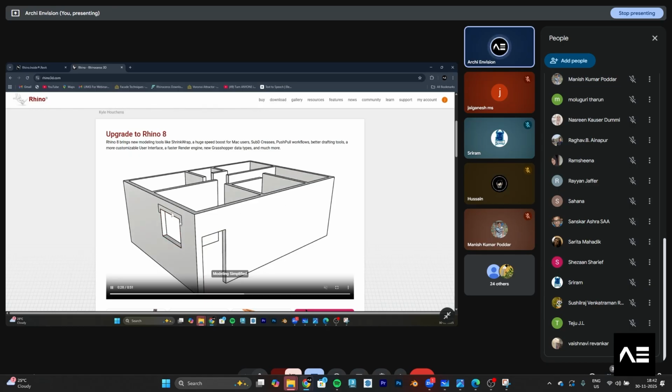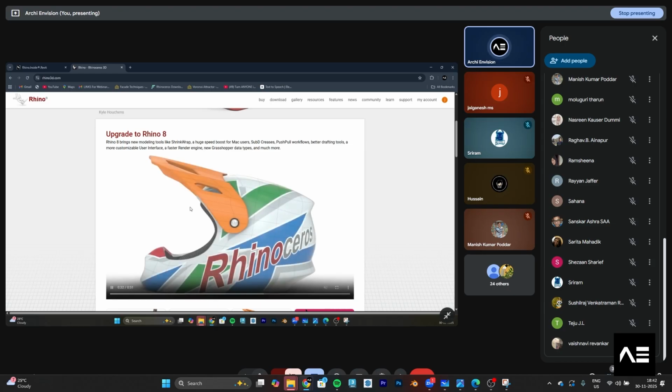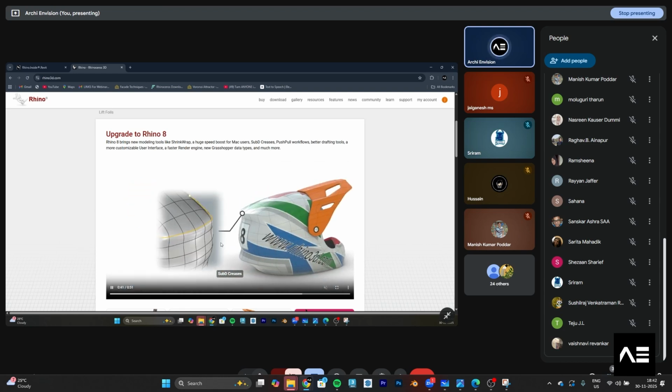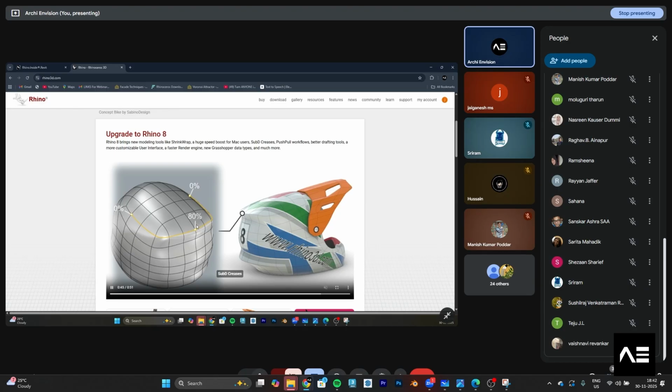We will see this also, but before that we have to know the basic introduction to the basic tools and how to make these things. We can make helmets, complex forms, and products, and this is called SubD.